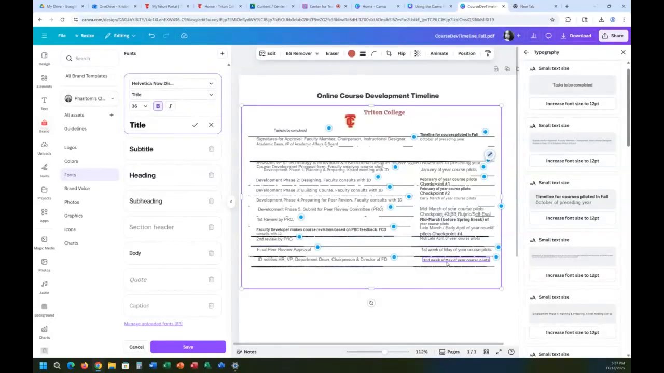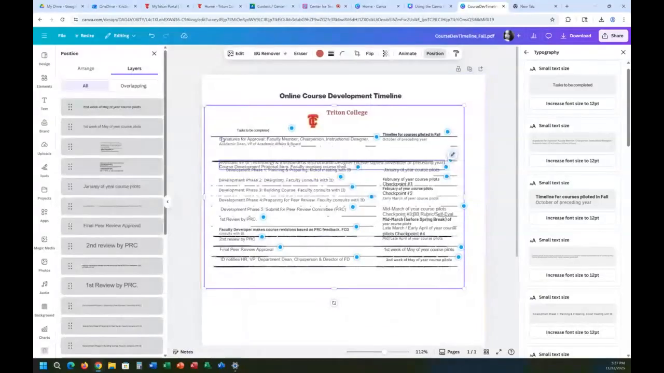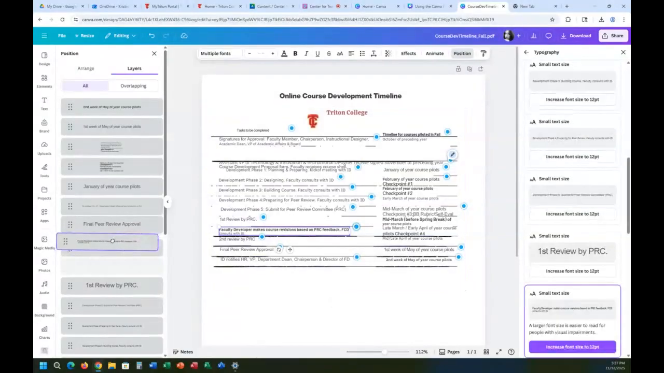So yeah, right-clicking opens up an entire menu of options. Now another one, you brought up a good point with the layers. You also have the option to view all the layers, and here you have a full view of all the layers in your document, and you can drag them around. So if you're working with a lot of visual components especially,